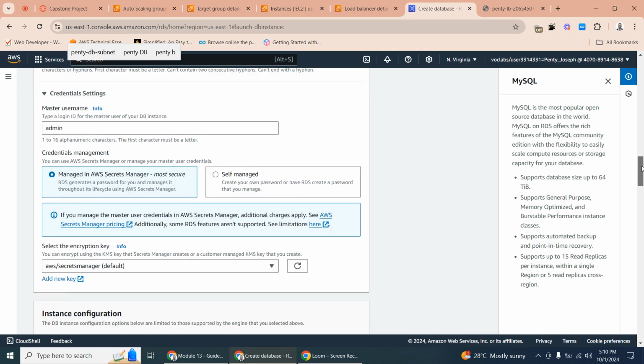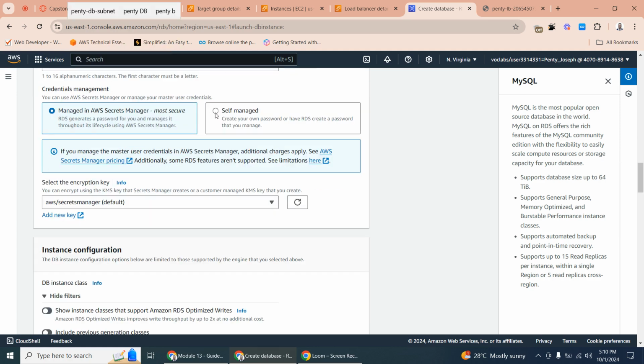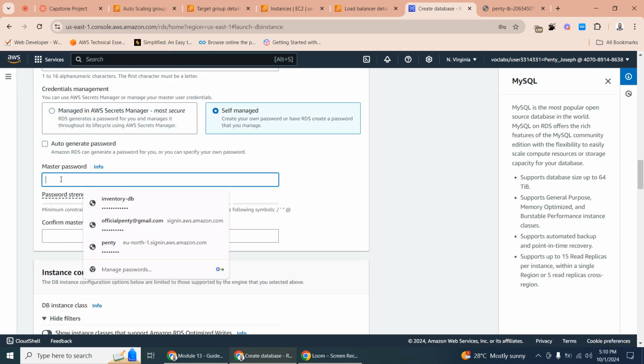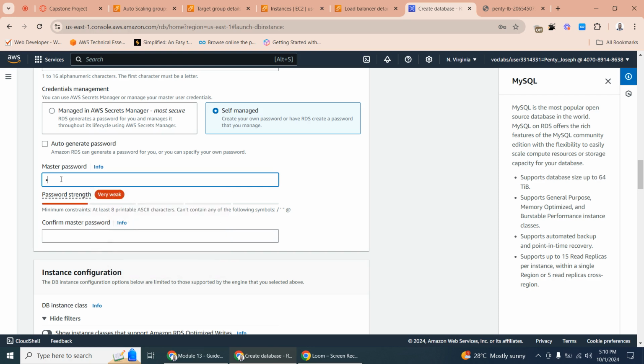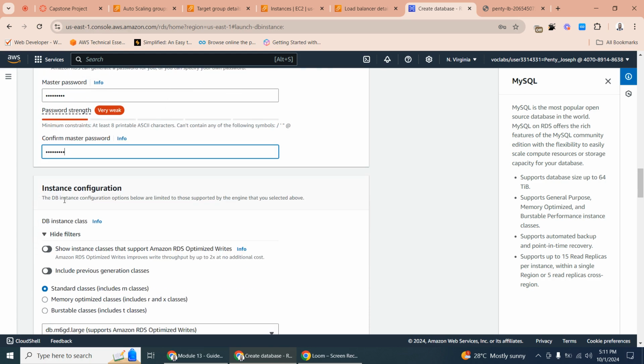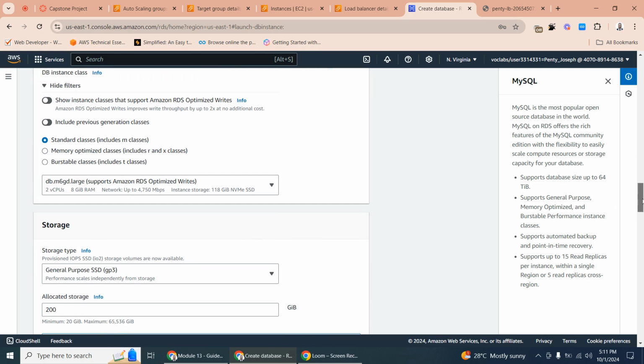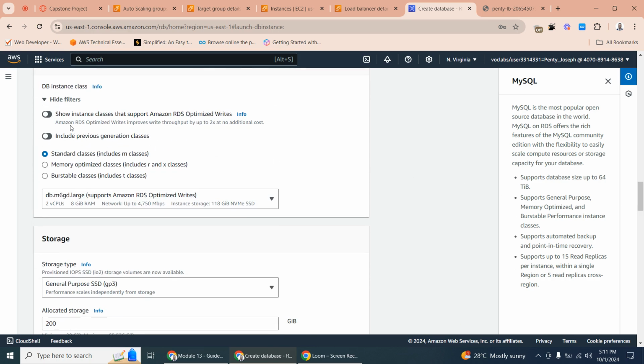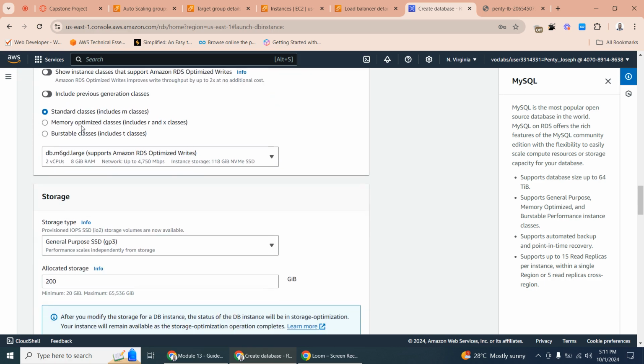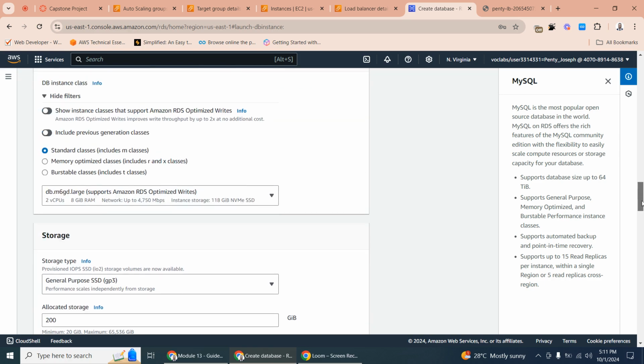And then credentials, admin is okay, but I want to manage the password myself. So I'm giving it 1, 2, 3, 4, 5, 6, 7, 8, 9. Second one, 1, 2, 3, 4, 5, 6, 7, 8, 9. Okay, so yes. And then when it comes to this, that is the DB instance class, we need to choose